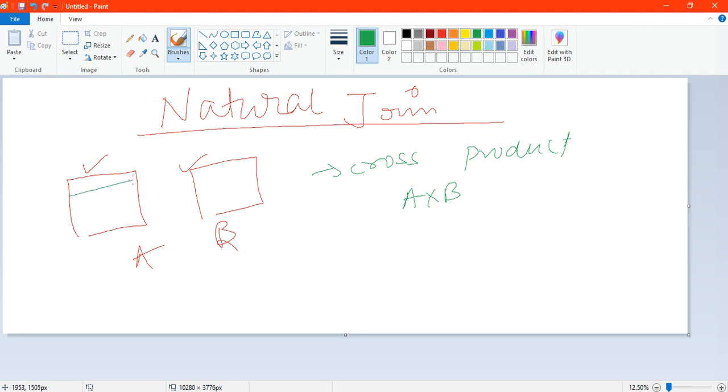The first row of this table will go and append with all the columns of the first row, all the columns of this record, then this, and the same goes for this, then this one also, this and this. In this way A cross B records will be printed. If you are not specifying any condition, then in natural join the cross product will happen.